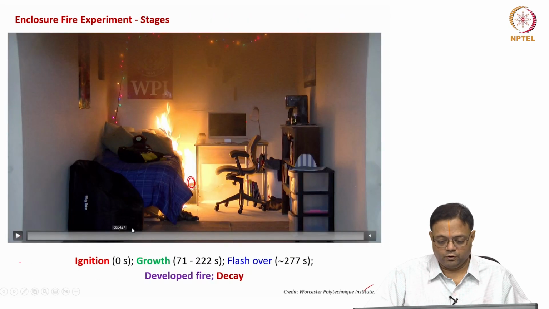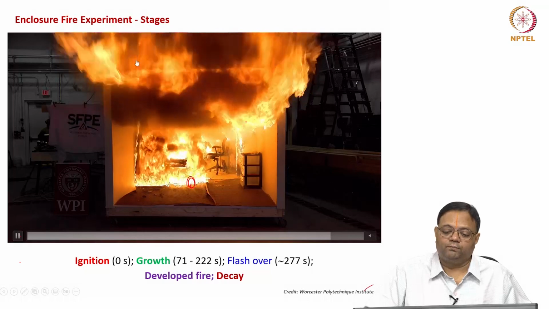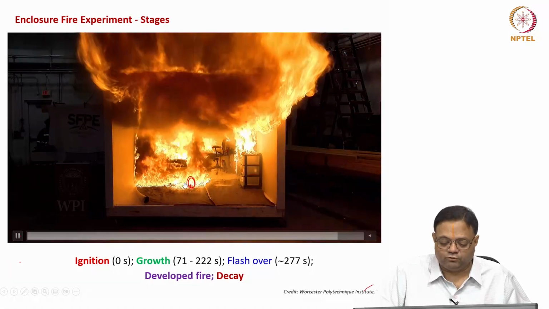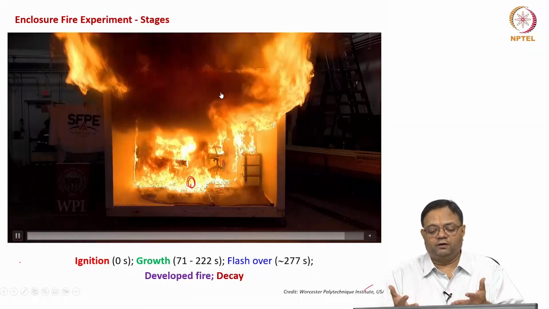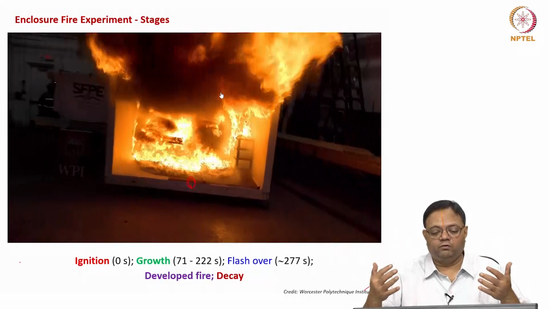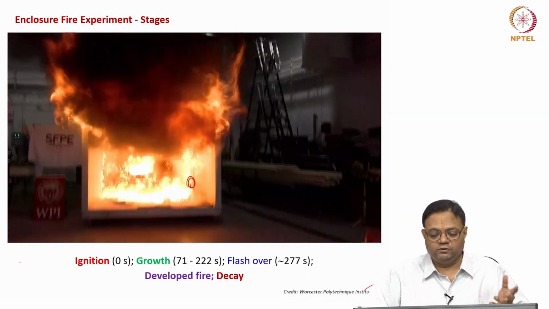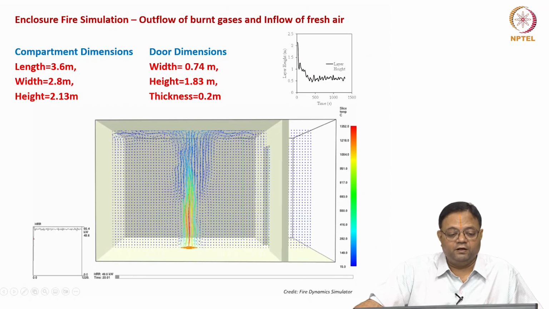Now after the flashover, you can see that the smoke or the fire itself comes out and burns because a lot of fuel is generated, but the air which is entering through this is not able to supply the oxygen. The fuel gases which are generated are coming out and burning. So this is one of the typical experiments. The second case study is on